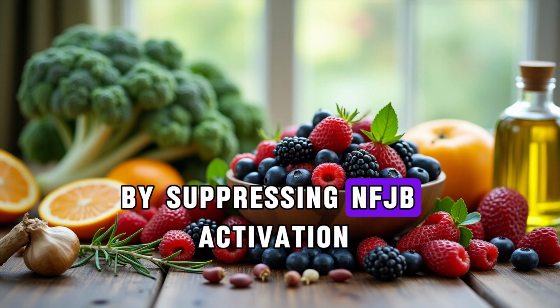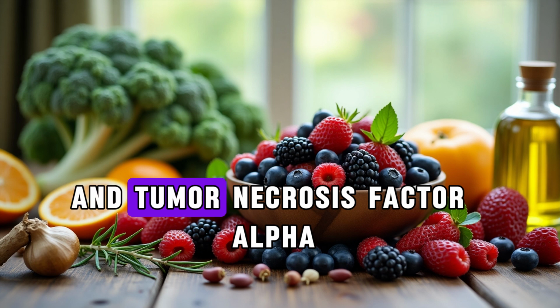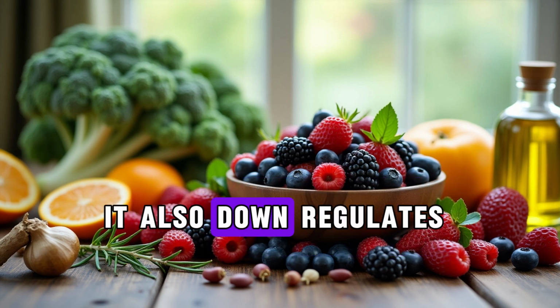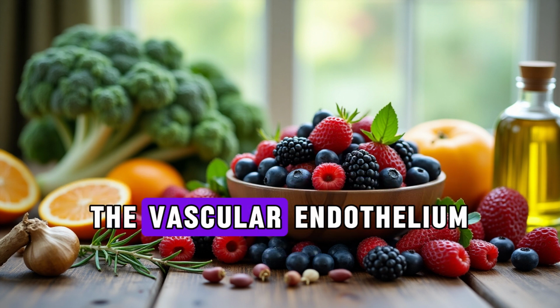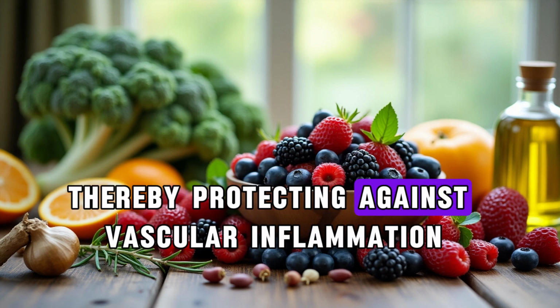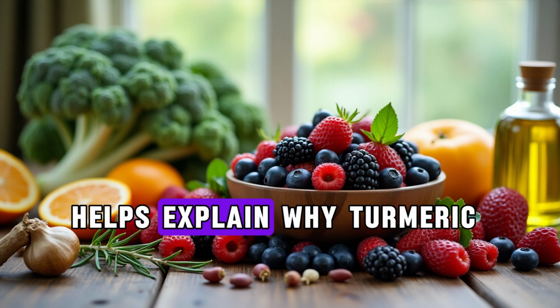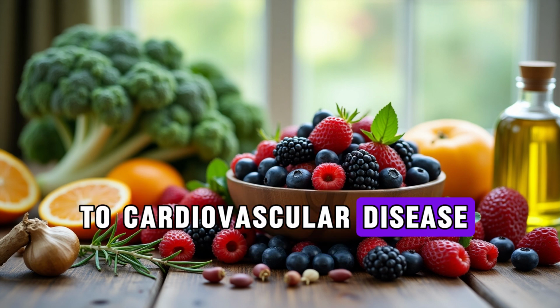By suppressing NF-kB activation, curcumin helps reduce the overproduction of interleukins and tumor necrosis factor alpha, contributing to lower systemic inflammation. It also downregulates the expression of adhesion molecules that allow white blood cells to stick to the vascular endothelium, thereby protecting against vascular inflammation and clot formation. This wide-ranging action helps explain why turmeric has shown promise in conditions ranging from arthritis to cardiovascular disease to metabolic